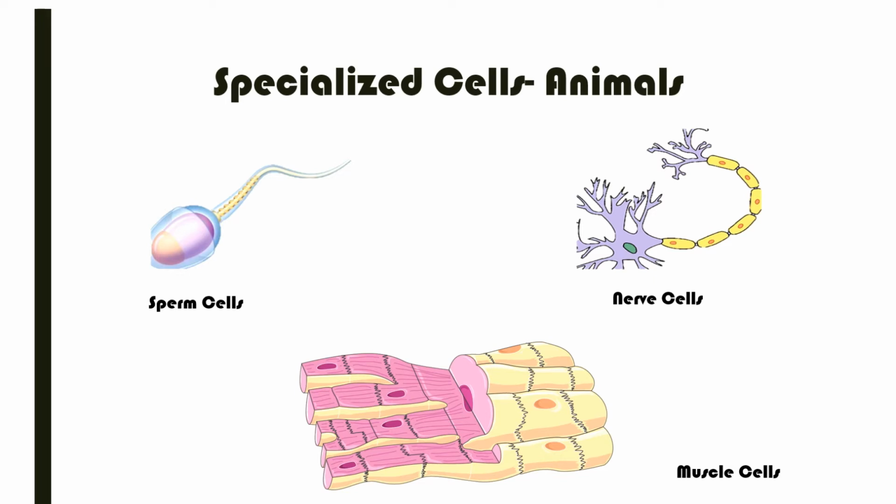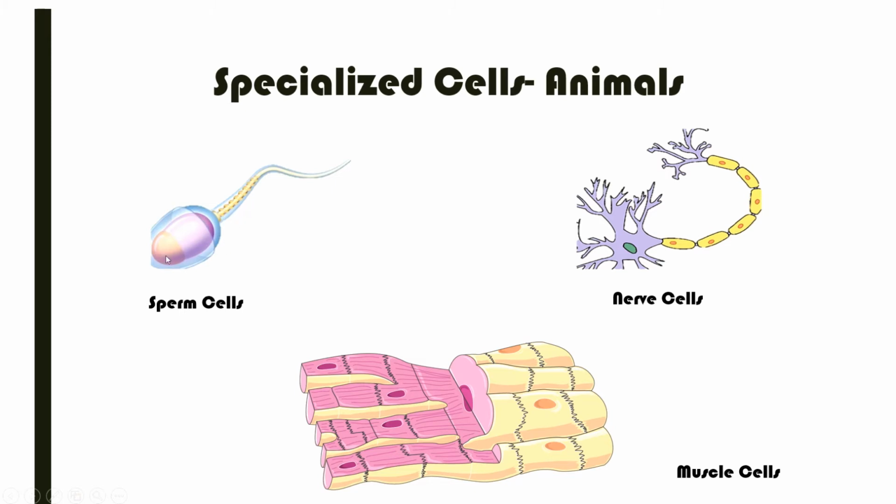Here we are going to look at three specialized cells. We have got a sperm cell and its function is to reach and fertilize an egg cell. Can you spot any structure that would help it to do this well? First of all, we have got a tail that helps it swim or move through the reproductive system to the egg. Then its mid-piece has got many mitochondria to release energy for the movement,